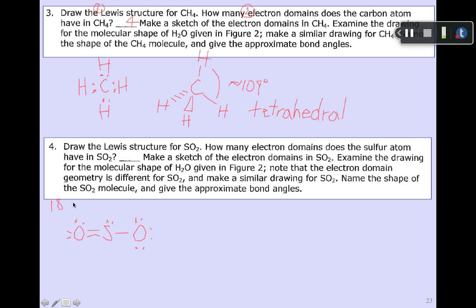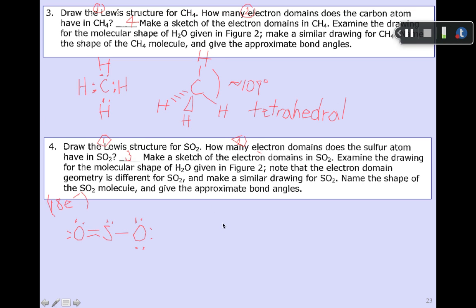With two oxygens and one sulfur, each of them brings in 6 electrons. There should be a total of 18 electrons. Now, having shown the Lewis structure, how many electron domains does the sulfur atom have? So this is the first thing. After we draw the Lewis structure, we can determine the number of electron domains. And so the second step gives us the way to think about this. When we have 2 bonding regions, namely 2 bonding domains, plus one lone pair, that is a total of 3